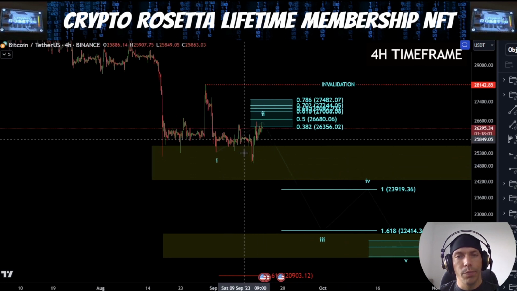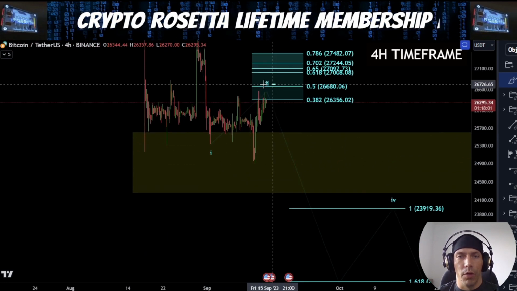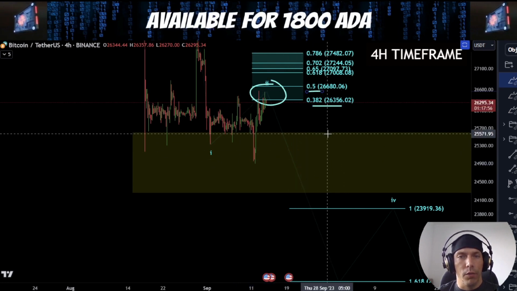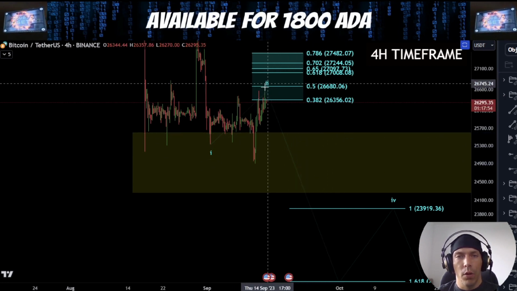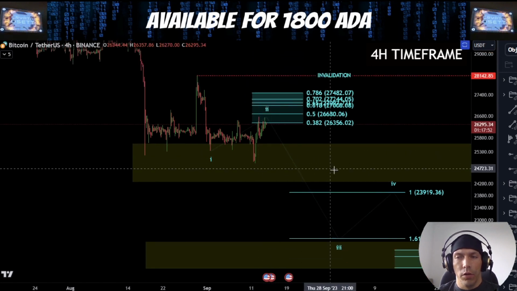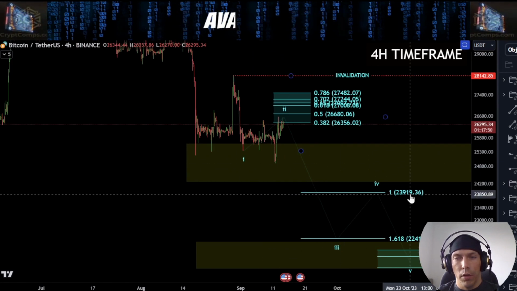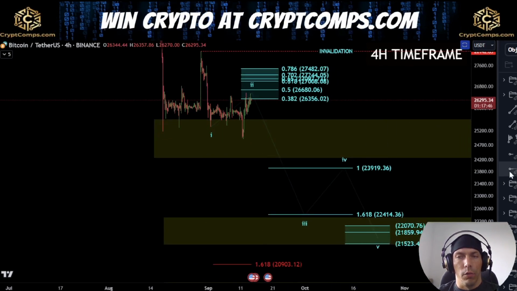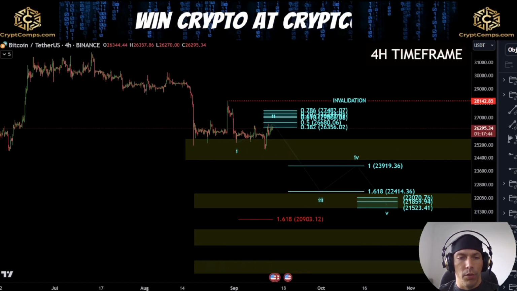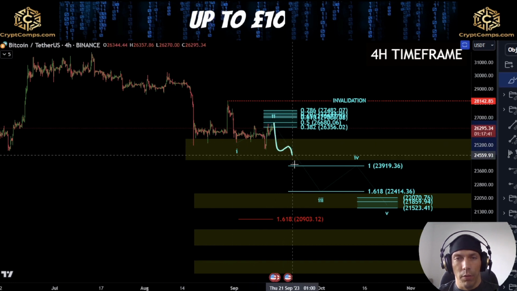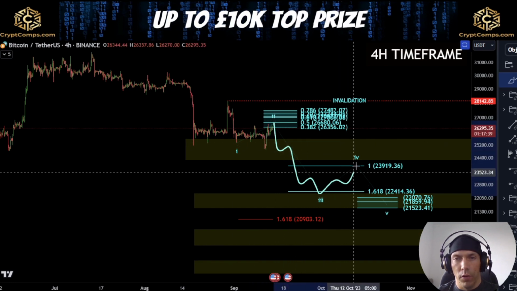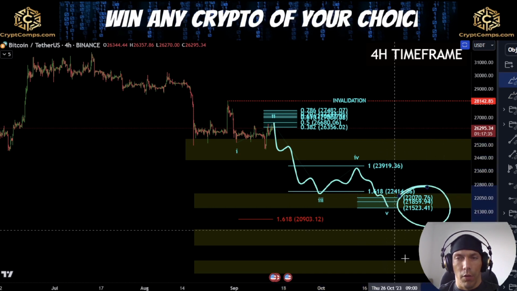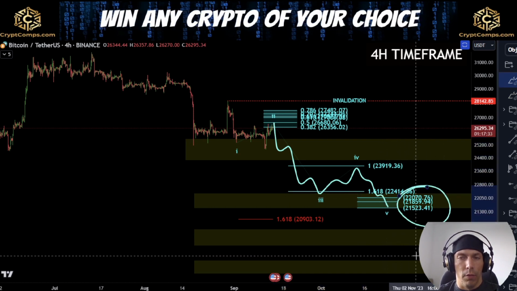Now within this, we've come up into our most common target area here for a flat correction, which is between this 382 and this 50%. So we need to be careful of the idea that we could start to see a bigger drop to the downside. Now, given our current structure here, our 1.618 is sitting here at this 22,414, and this would align with seeing a bigger drop here where we would be looking for a 5-wave move down into these zones, 3 waves up, another 5-wave move down here, and our common target area would be this 22,070 to this